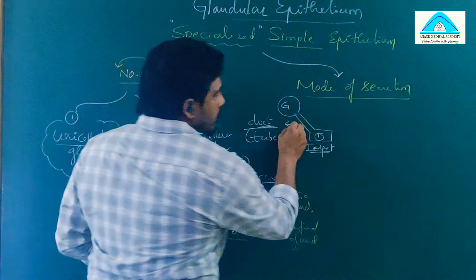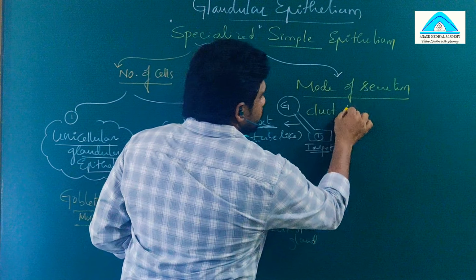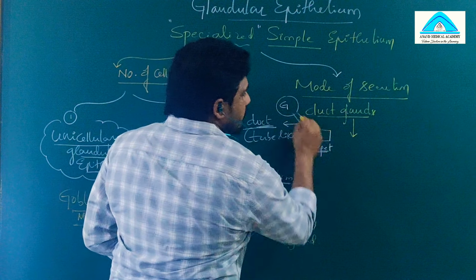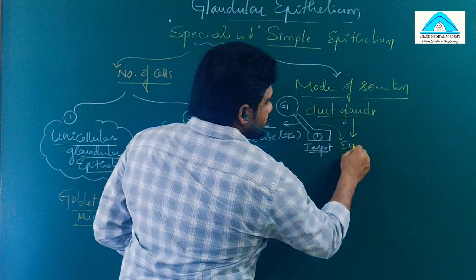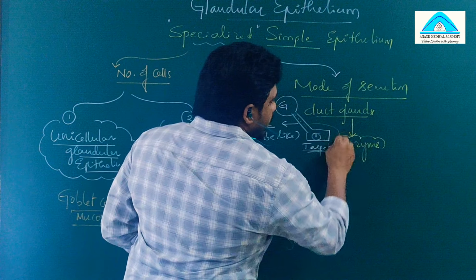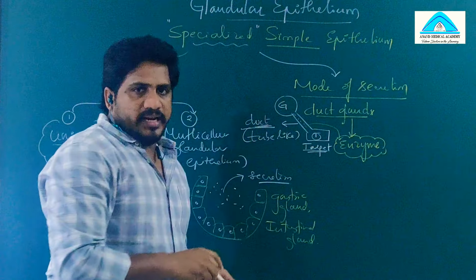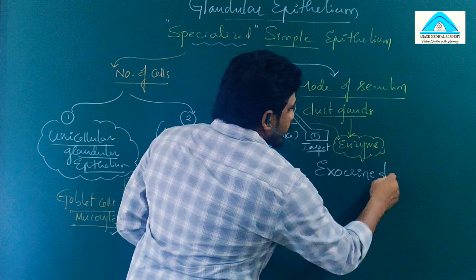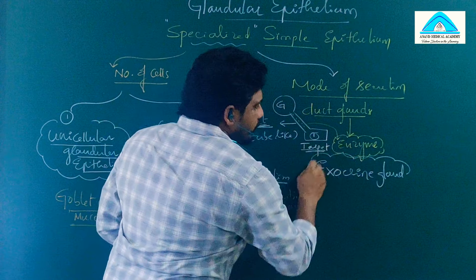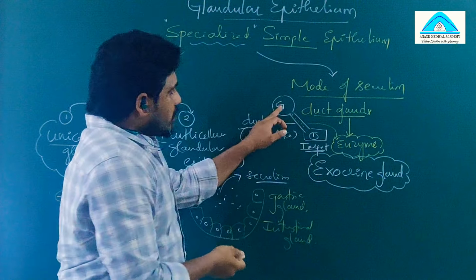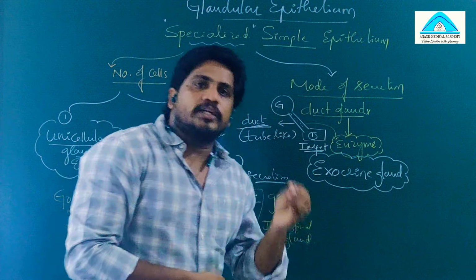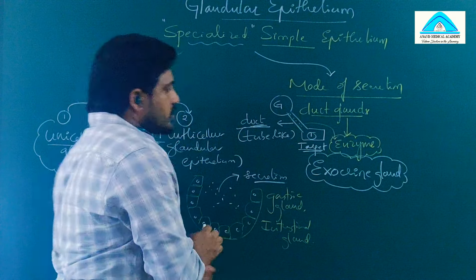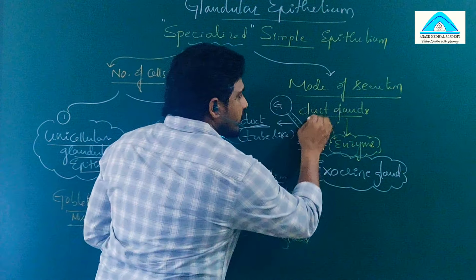Such glands are called duct glands. These duct glands secrete a chemical called enzyme. We can say enzyme is secreted by which type of glands? Duct glands. They are also called exocrine glands. Exo means what? Out. Out of blood. Their secretions are not given into the blood. Their secretions are given into a duct. Through the duct, they reach their respective targets and do their actions. That's why exocrine glands are also called duct glands.